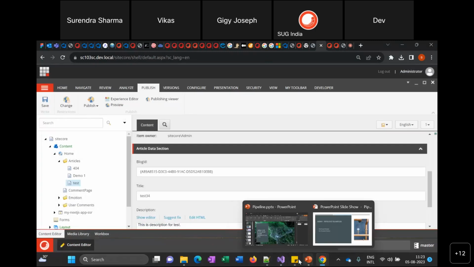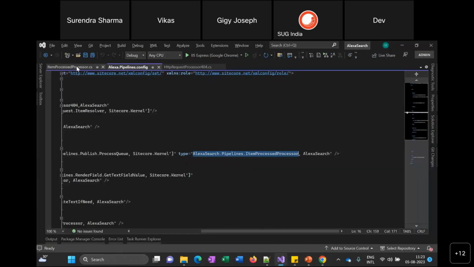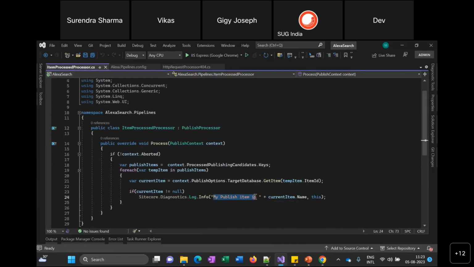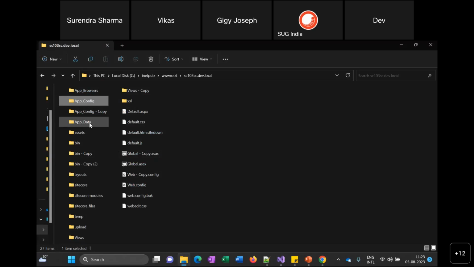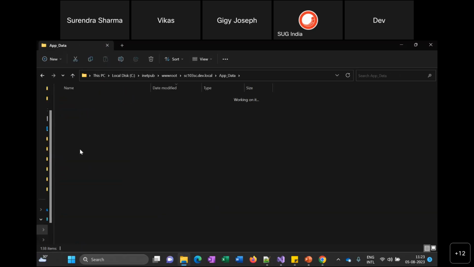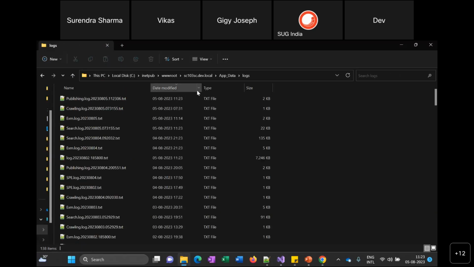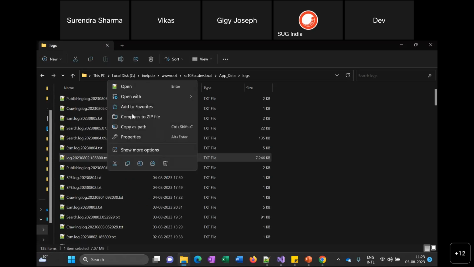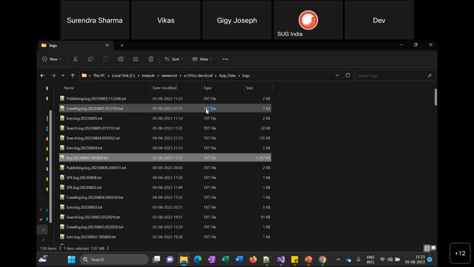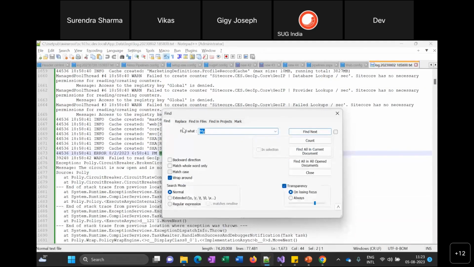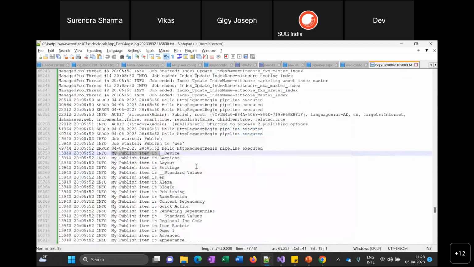You can go there and search it in your latest log file. You can sort it by date, and this is the latest log file that we have. You can open it in Notepad and then try to search it here. So you will get that information here that yeah, we are trying